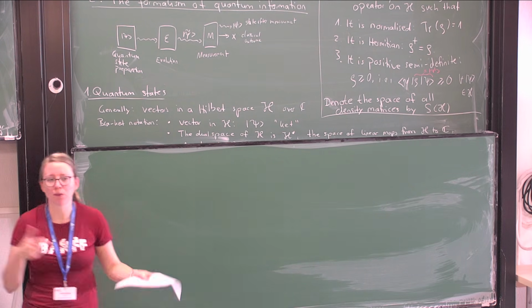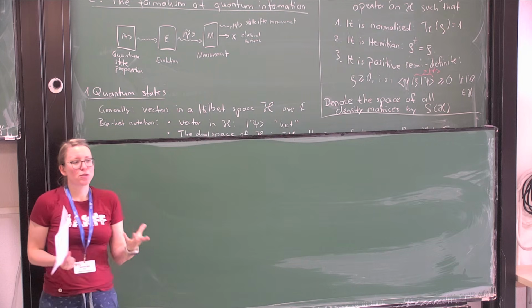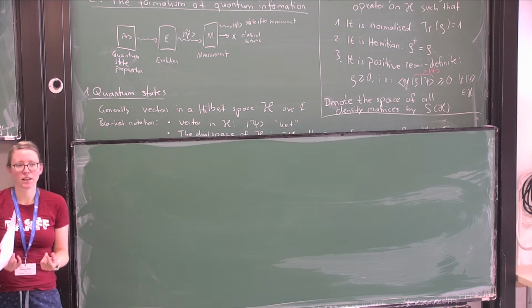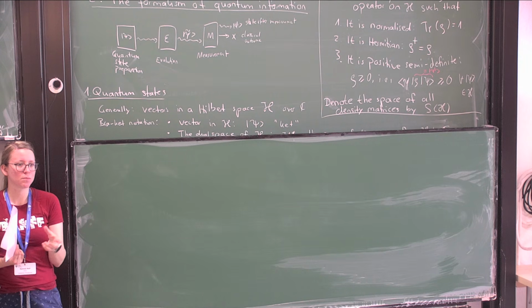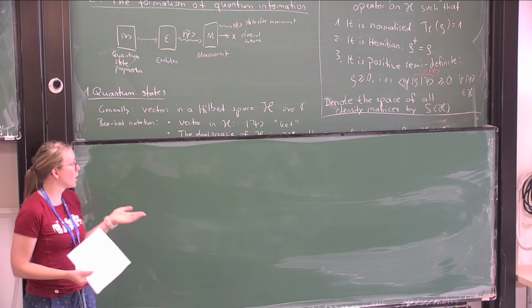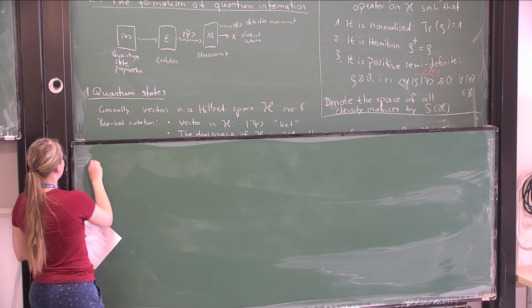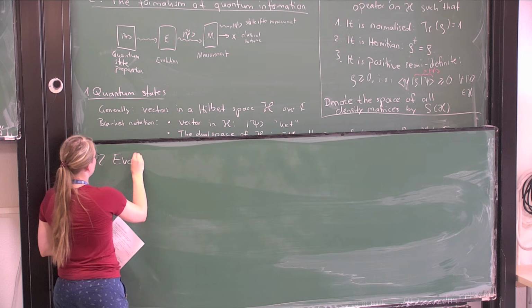If you attended a quantum theory course in your studies at some point, what you've learned about the evolution of quantum systems is most likely the Schrödinger equation that tells you how the system develops in time. And this is something that we don't need here at all. So when we talk about the evolution of quantum systems,